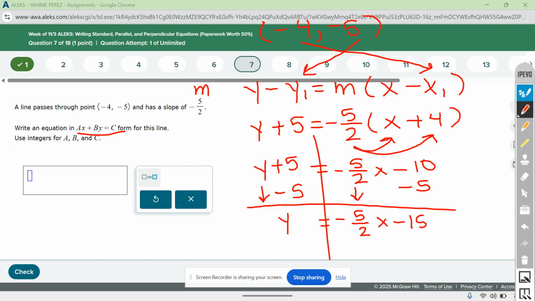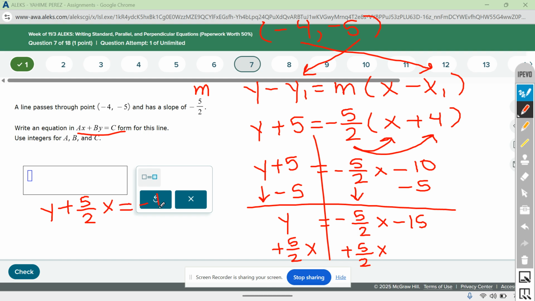And then we're going to move the x on the right. So we're going to get rid of the x on the right by adding or subtracting. I'm going to do the inverse. So in this case, it would be add 5/2x. And so we get y plus